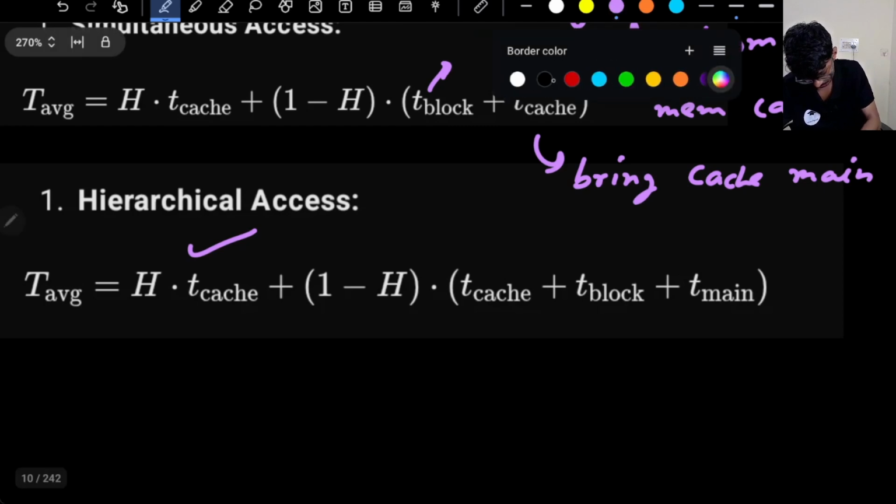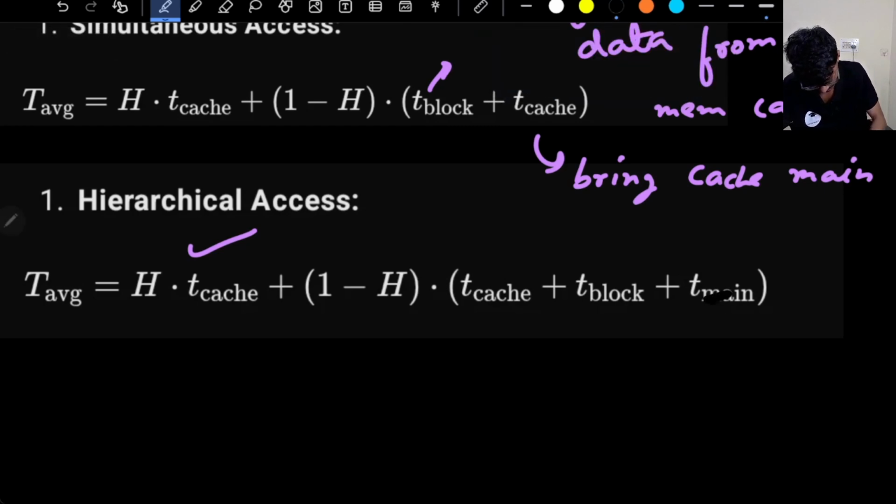This will be, my bad, sorry. This will be not T main actually, this will be T cache, right? This will be T cache, I'm sorry. This will be T cache. So basically what is happening over here,